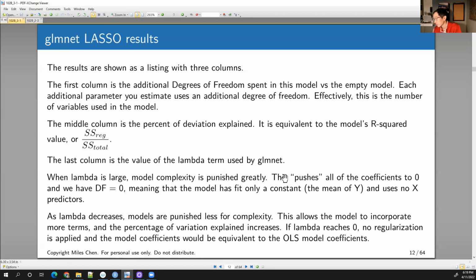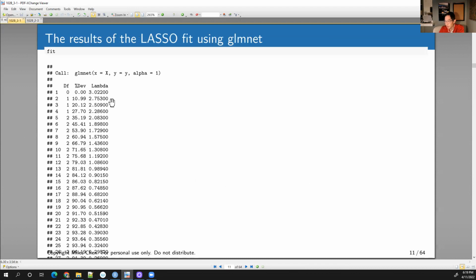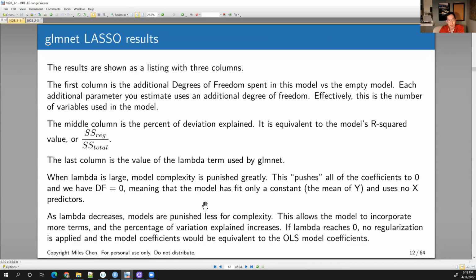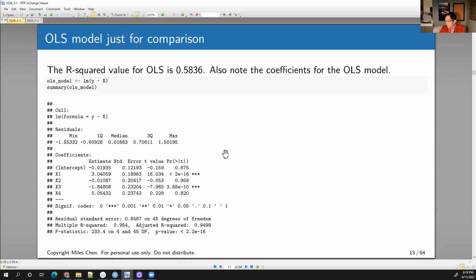So basically, when lambda is large, the model complexity is punished greatly, and this pushes all the coefficients to 0, and we have basically df equal to 0. As lambda decreases, models are punished less for the complexity, and this allows the models to incorporate more terms. And if lambda reaches 0, then there's no penalty for complexity, and you get the OLS model coefficients. So if lambda becomes 0 here, then you get just whatever OLS would have spit out. Okay. All right, so just for model comparison, here is